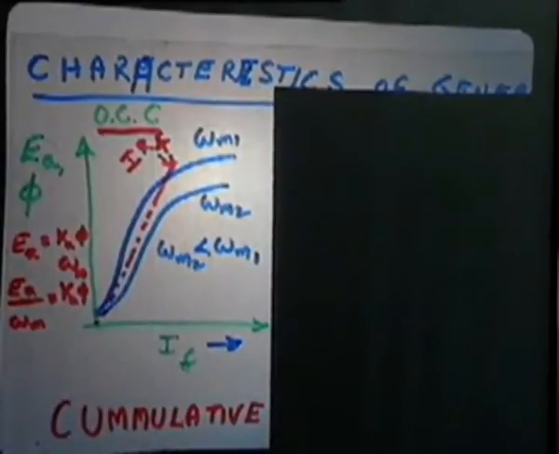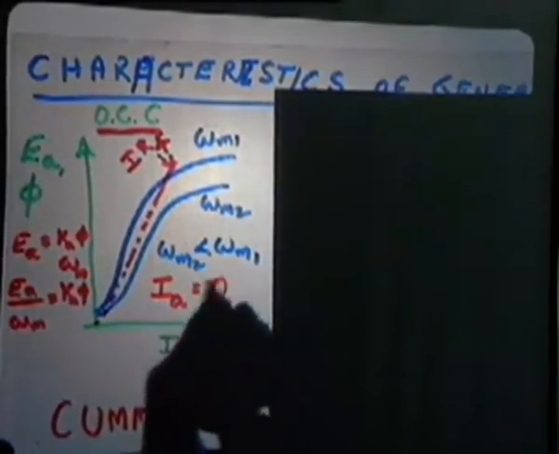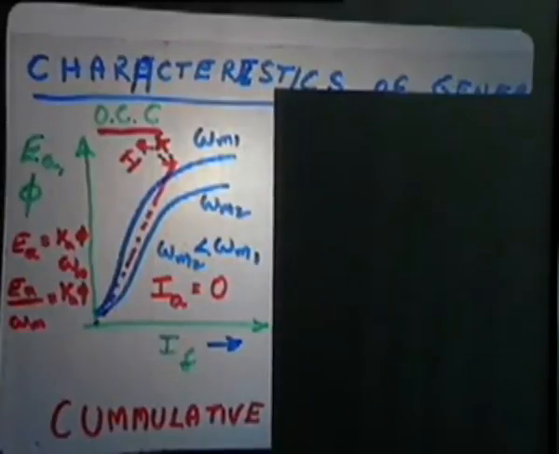When you are conducting open circuit characteristics, you are not operating with a load, so the armature current IA is 0 here. Nothing is connected. You normally conduct a test in a laboratory by driving at a given speed omega m1 and then measuring the voltage across the terminals without connecting anything. So this is the induced voltage. We see an important phenomenon like this.